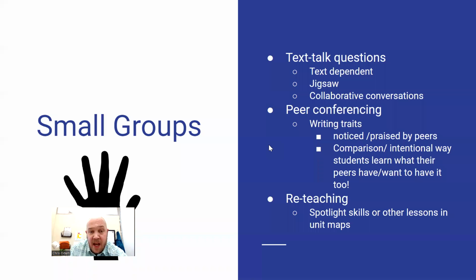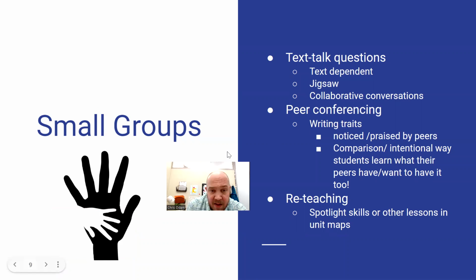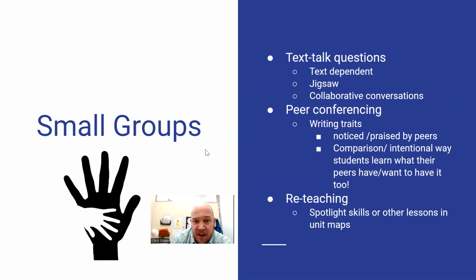Okay. In small groups, I put this cool little picture over here. I like it. The idea is to eventually get to be as strong as the giant hand here, but we need smaller practice when we're in smaller group settings. We might feel less confident and we might speak up less often when we're always in big groups. So small groups really needs to be intentional, and part of the goal in the curriculum and kind of the way that the resource supports that is to see that there are text talk questions designed in every first read,